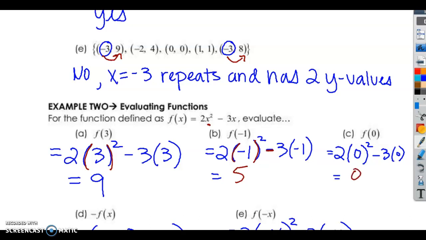This is just 0. But you need to be writing this out. You need to be writing this first step out. So now a negative,